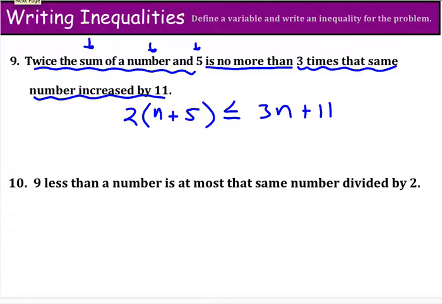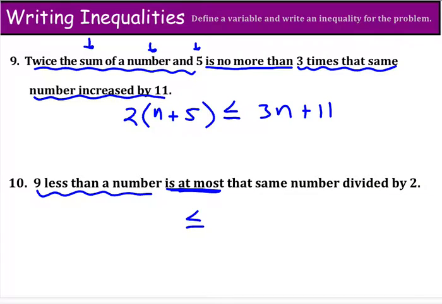Nine less than a number is at most, okay, here it is at most, so I'll use my height again. I am at most 6 feet tall, so could I be 7 feet? No. Could I be 5 feet? Yes. So this is a less than or equal to. I could also be 6 foot. If I'm at most 6 feet tall, I could be 6 foot. So this is less than or equal to. Is at least 6 feet tall means I could be 7 feet tall. That would be greater than or equal to. Anyway,